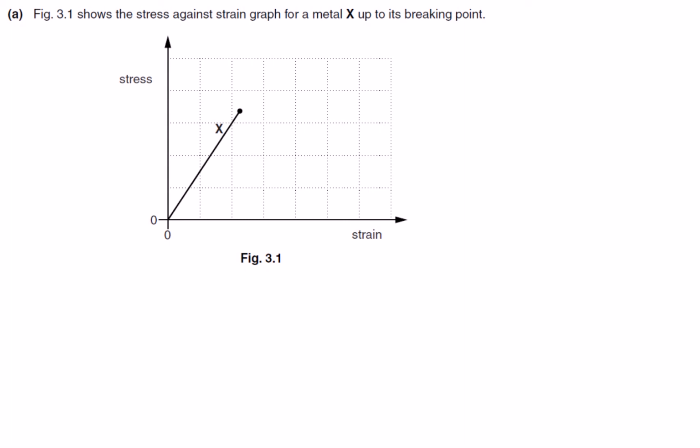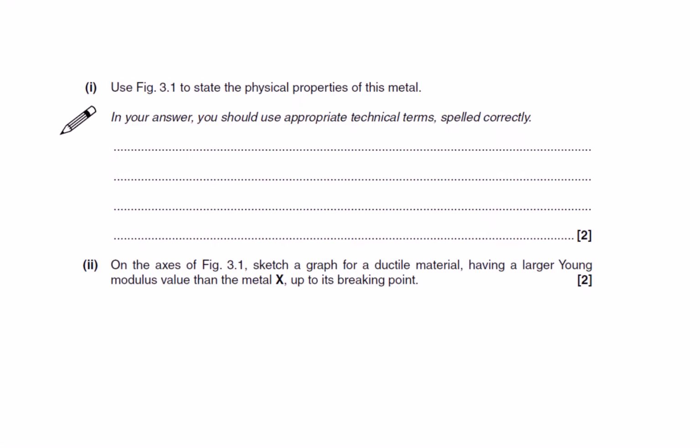Okay, question 3. Here it is. It's saying figure 3.1 shows the stress against strain graph for metal X up to its breaking point. So there's its breaking point there. We've got stress on the y-axis and strain on the x-axis. And let's move on to part 1, which says to use the figure to state the physical properties of this